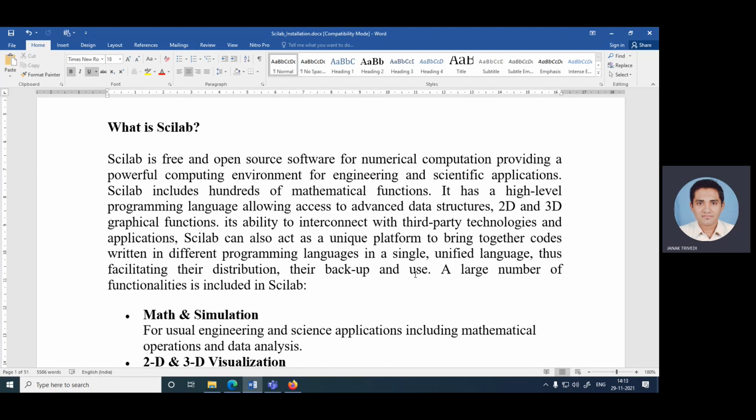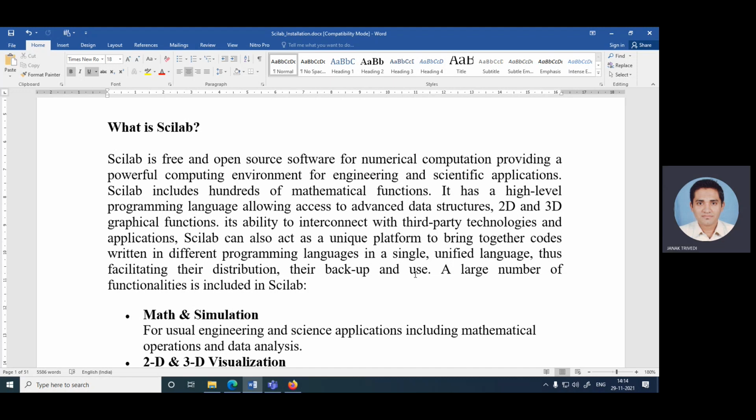It has a high-level programming language allowing access to advanced data structures, 2D and 3D graphical functions. With its ability to interconnect with third-party technologies and applications, Scilab can also act as a unique platform to bring together codes written in different programming languages in a single unified language, and thus facilitating their distribution, their backup and use.